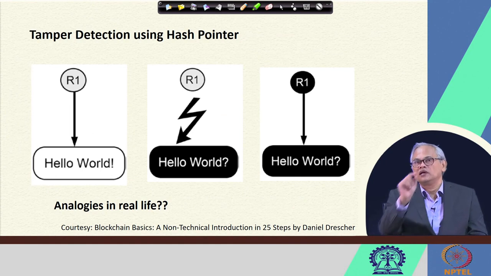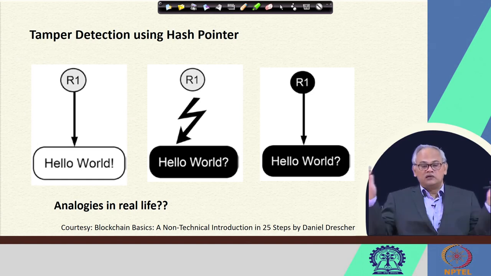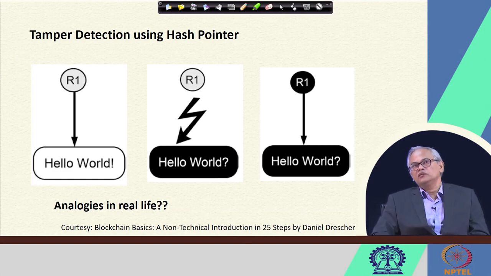In the context of hash pointers, it is not enough that you calculate the hash on the data itself and then create the hash pointer; rather, with the data you have to come up with a nonce, so that the hash of the data plus the nonce will have certain restrictions, like say 10 leading zeros or something like that. In that case, this hash pointer will be more difficult to compute,